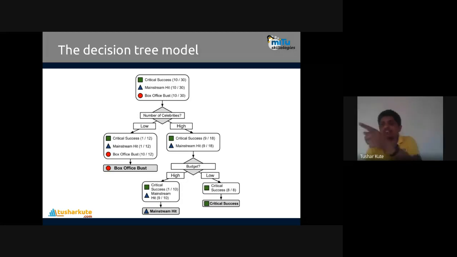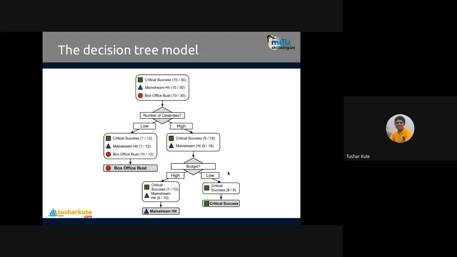You can do the prediction by this method, traversing the tree, reaching toward the leaf node. As I told, nodes contain the conditions, and based on those conditions, we proceed further to do the classification. You can see divide and conquer: 30 split into 12 here and 18 here. Out of this 18, 10 here and 8 here. Again, after that, we can have multiple splits. It's not compulsory to use a feature only one time. Multiple features also can be taken.